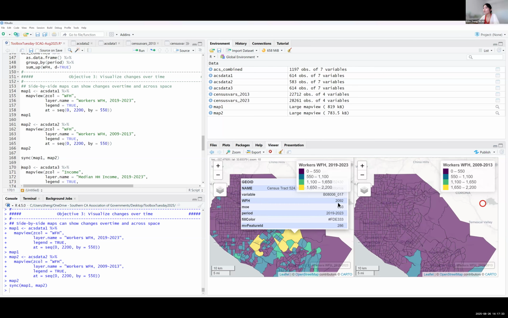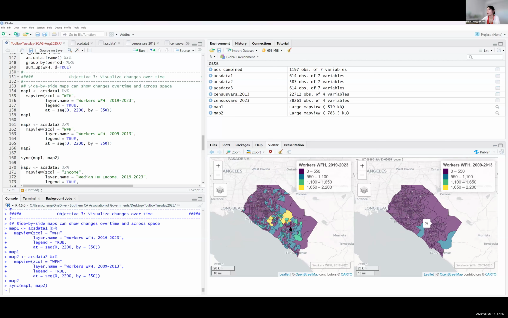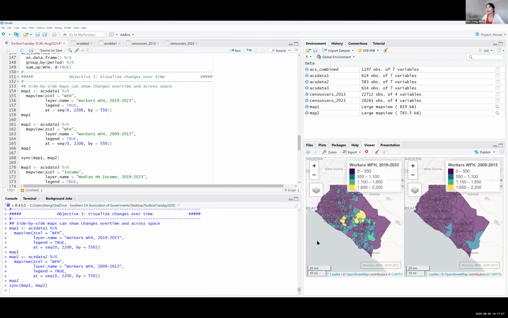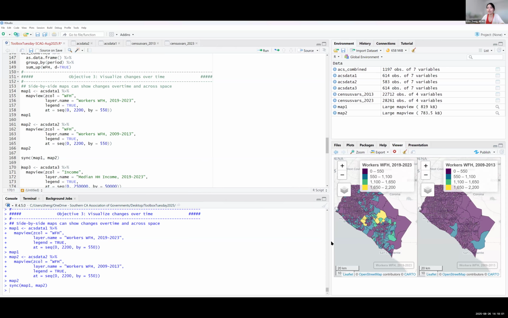Here, work from home is over 2,000, and this is 400 work from home workers 10 years ago. And again, you can change your base map. So pretty much these two maps are interactive and they are synced. And I think it's a very good way to visualize your change and then identify where changes occur most drastically.